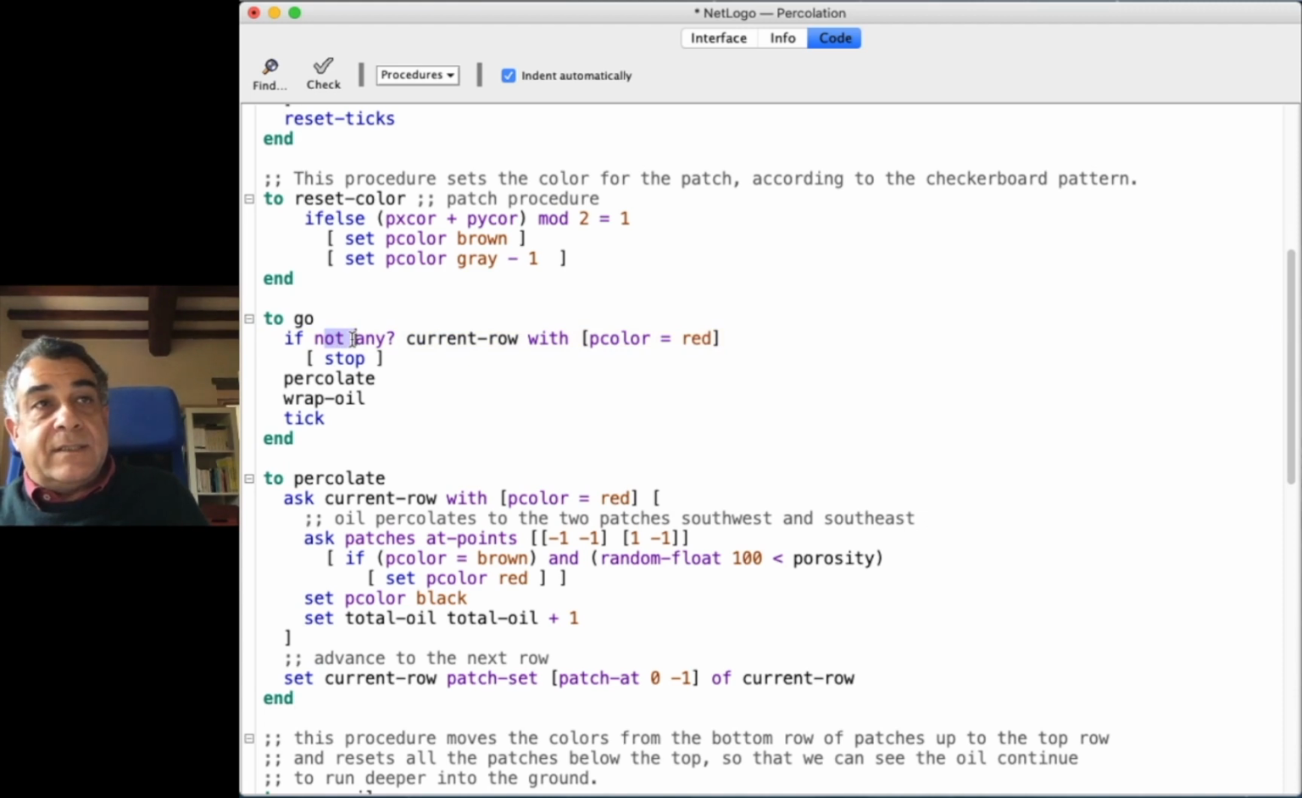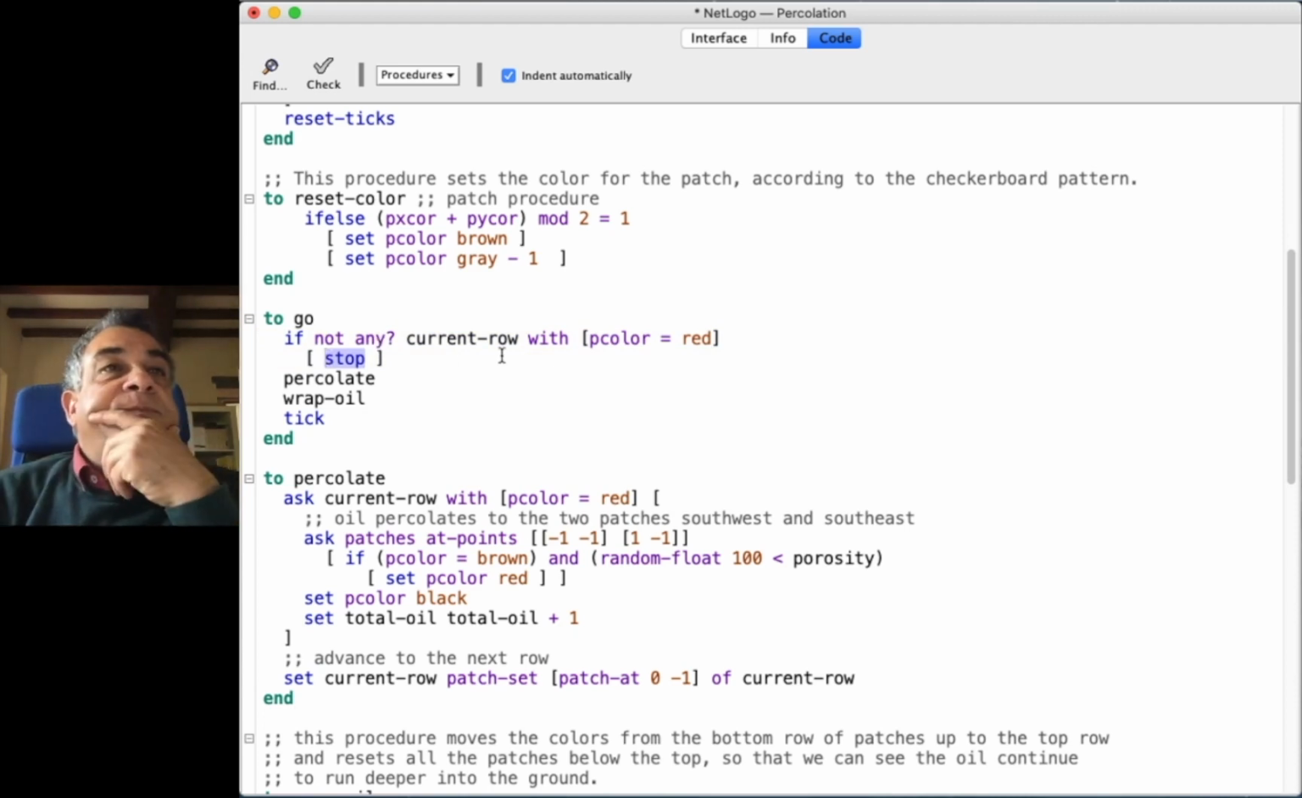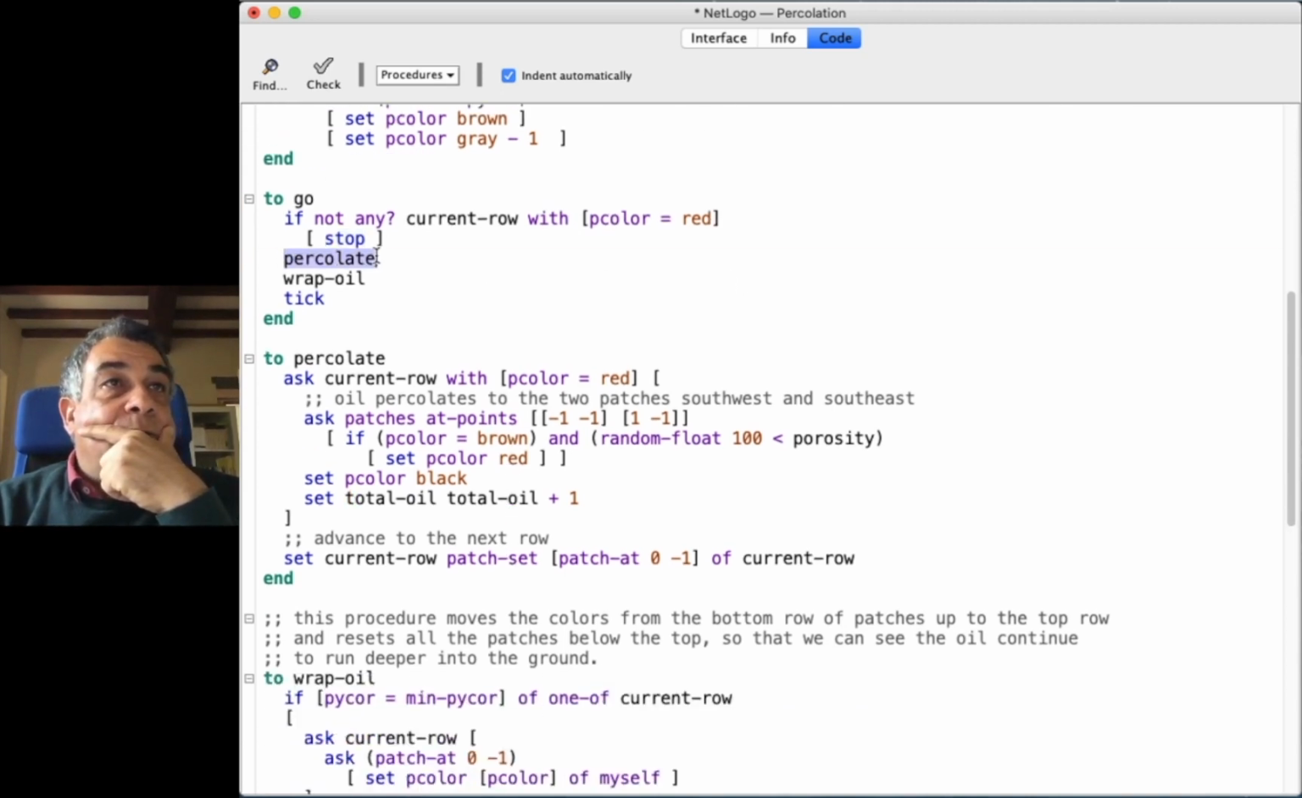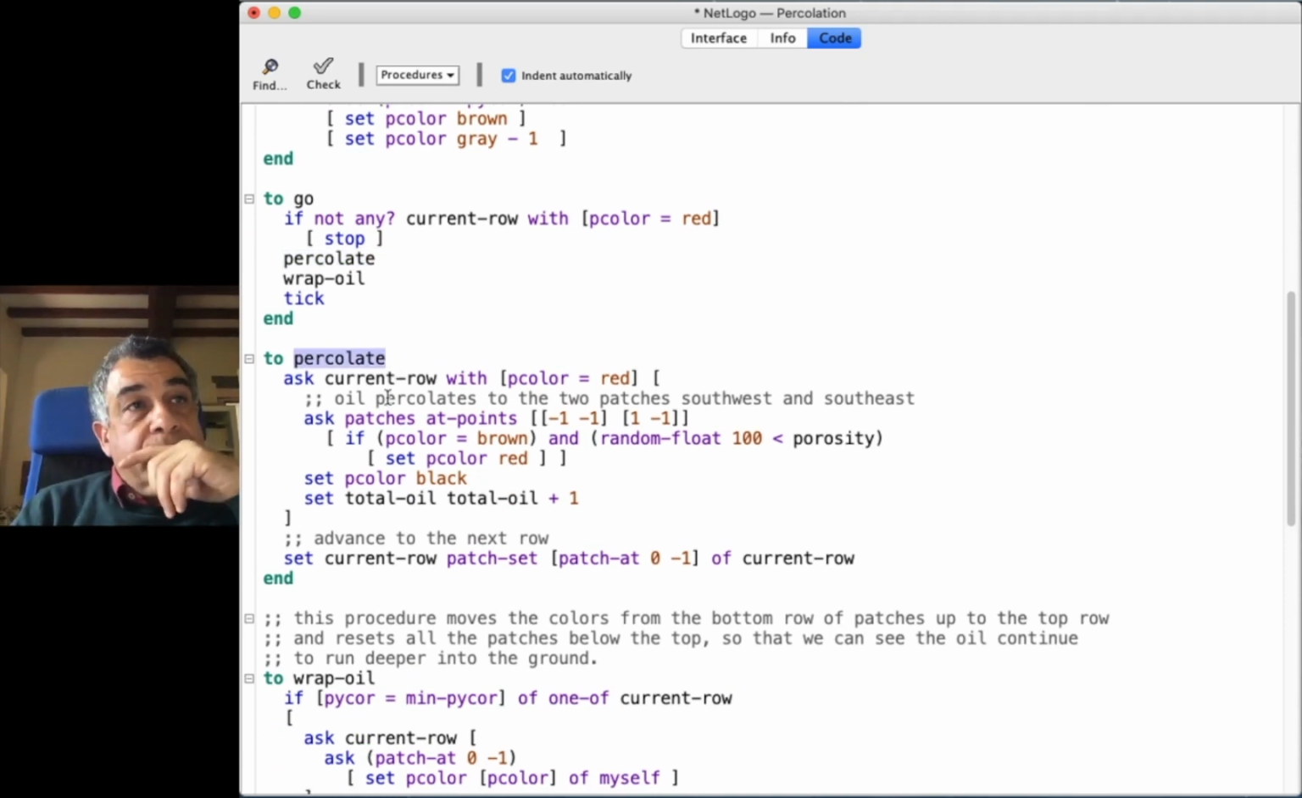And clearly this is the reverse. So I execute this only if in the current row there are no patches with pcolor equal to red. Otherwise, I call percolate. Here it is the subroutine. And percolate asks the patches belonging to the current row, which have a color equal to red,